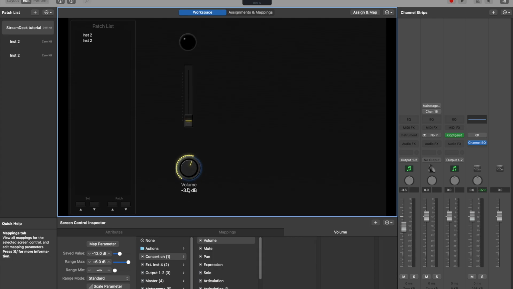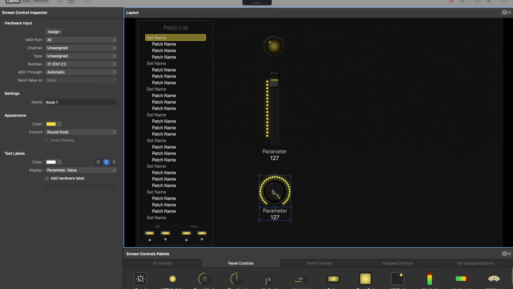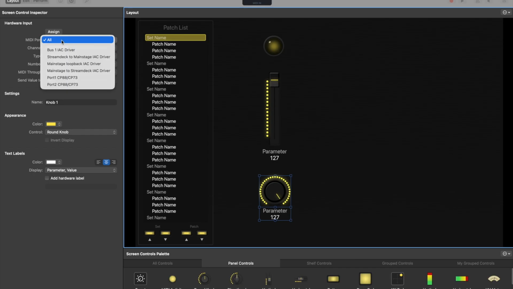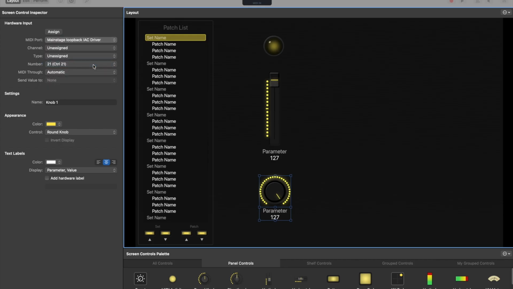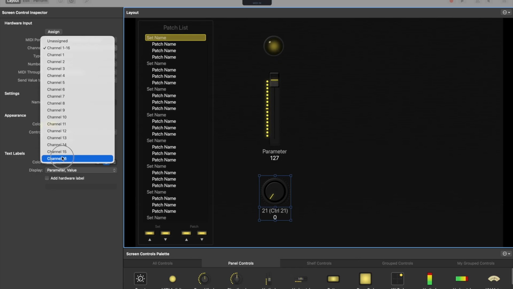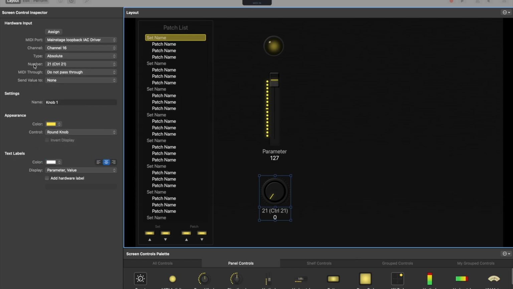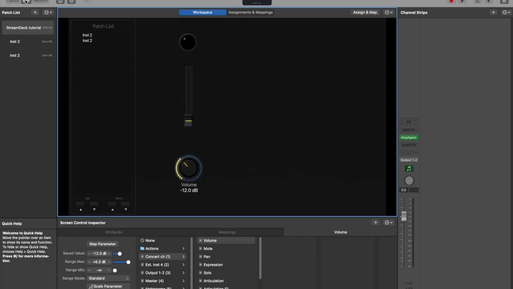Okay, that's cool. If we nip over to layout, what we want to do is tell that control, that knob, to respond to a MIDI signal. And we're going to say we want it to be the Mainstage Loopback IAC driver, channel 16, and let's keep it at number 21 there. Do not pass through, do not send value. Great. Just keep those settings. And then if we go back to our edit screen,